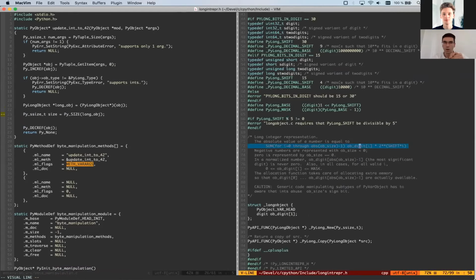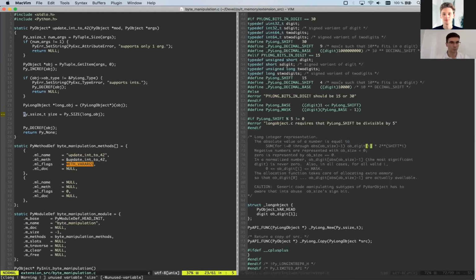Every integer is an array of integers, and its actual value is calculated using this pseudocode, going through each element and multiplying by 2 raised to some large number, which is really hard to calculate, and it looks like nonsense if you go over more than one array item. If it's just one, so if you raise 2 by 0, it's gonna be equal to 1, so it's the same number. That's why I'm limiting everything to one number.